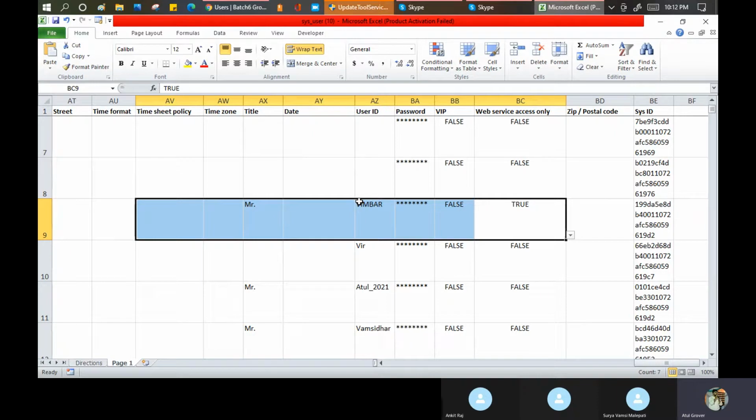Okay, Atul, yes, it comes from production. Cloning, you do the cloning from production to test and to dev. You don't do the reverse. You don't clone from dev to test. You clone from production to test, and from test to dev. But upgrades go from your dev to test to production. Remember this thing.